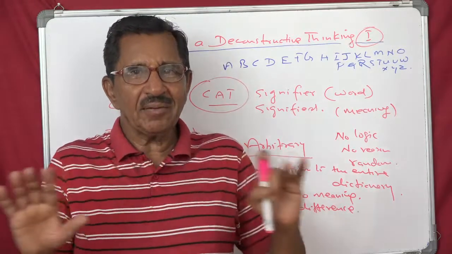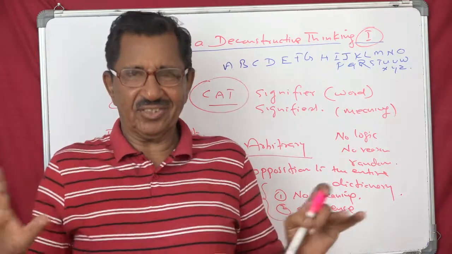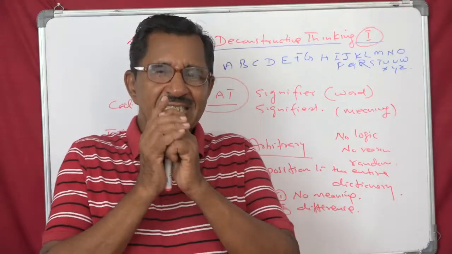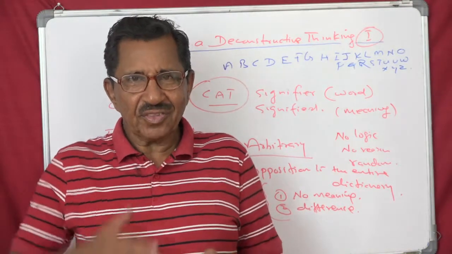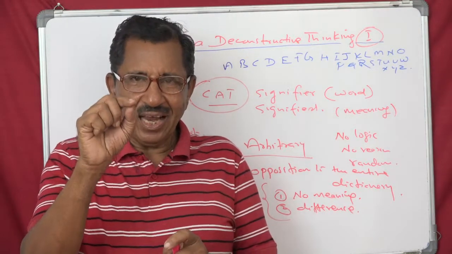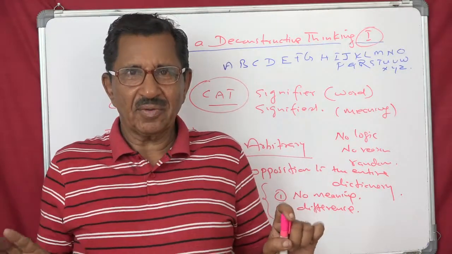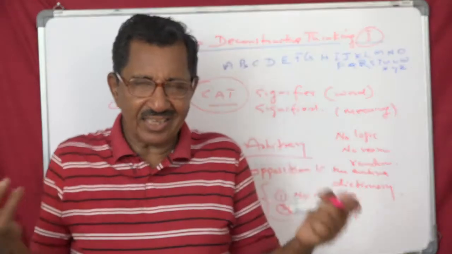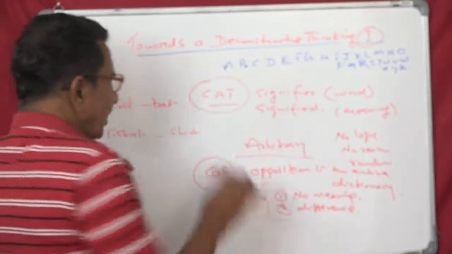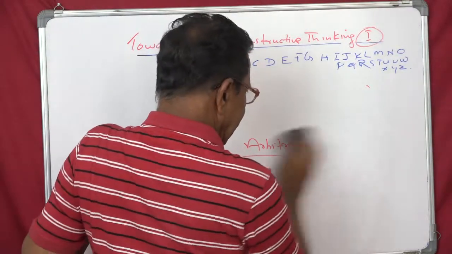Words have no meaning, signifiers do not have signifiers. If you think that it has got reference to the outside world and that reference is assigned arbitrarily without any reason, because when you say cat you don't find anything of cat in that. No proof, no logic. Alright, so the entire process, this revolution so to say, of deconstructive thinking